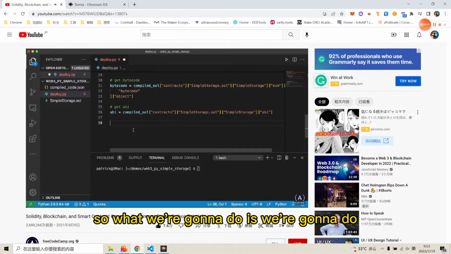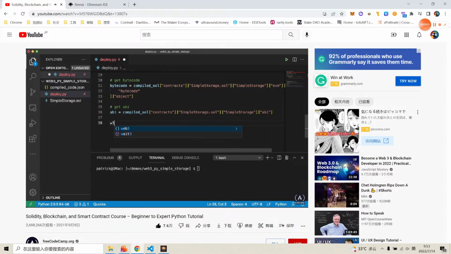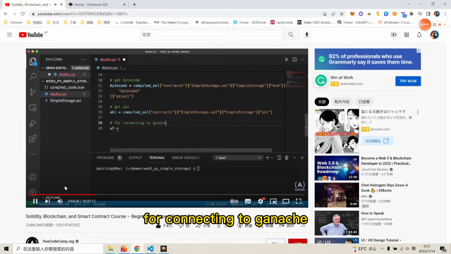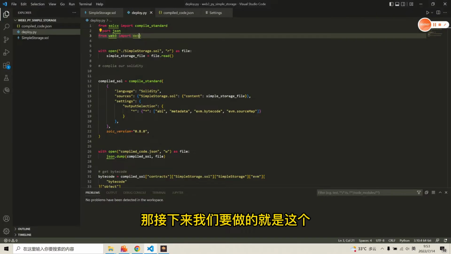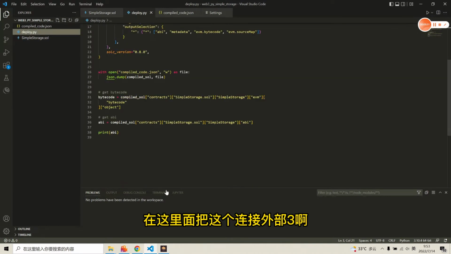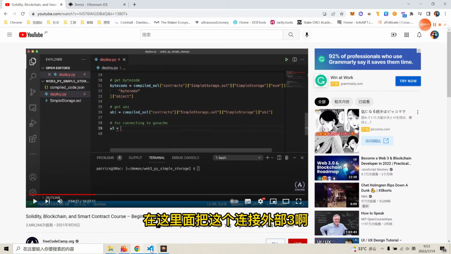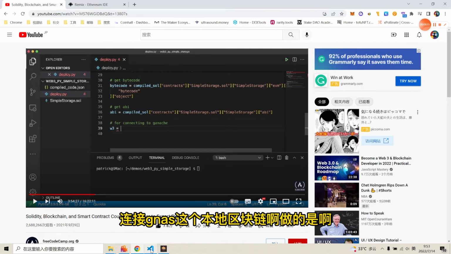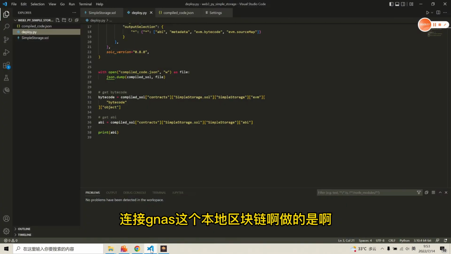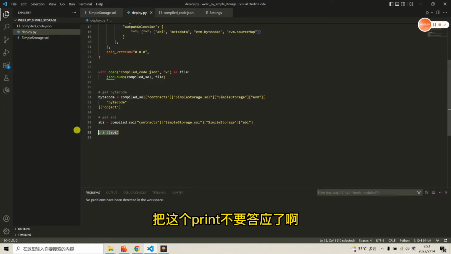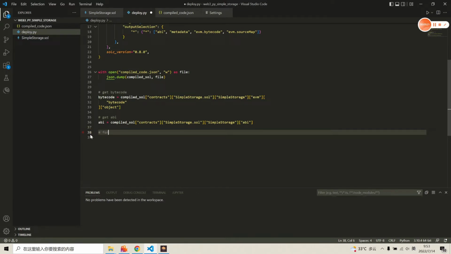So we're going to do w3 for connecting to Ganache. 然后接下来我们要做的就是在这里面把这个连接 Web3，连接 Ganache 这个本地区块链。把 print 不要打印了。